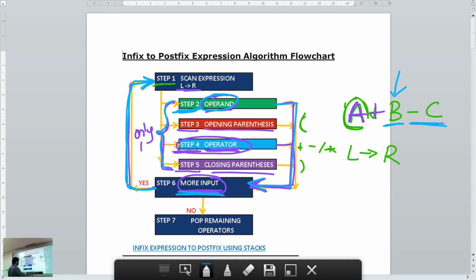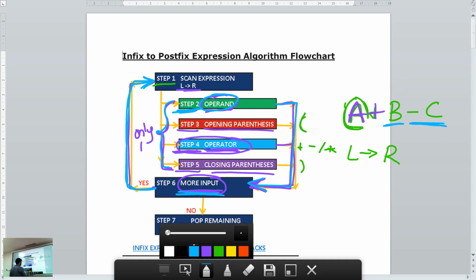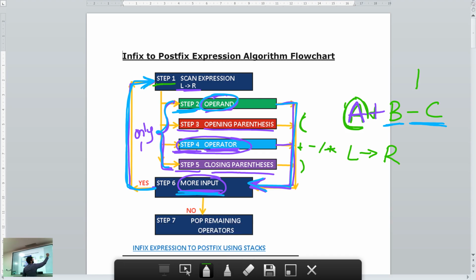In step 1 again I scan the next input. My next input is minus. After step 1 I perform one of these 4 steps: I could do step 2, 3, 4 or 5. Since minus is an operator, I perform step 4.